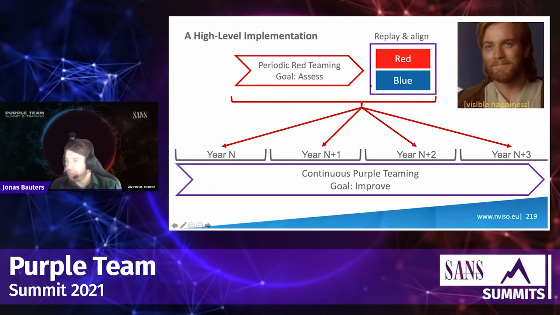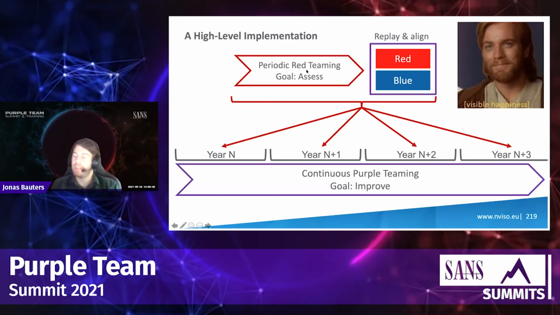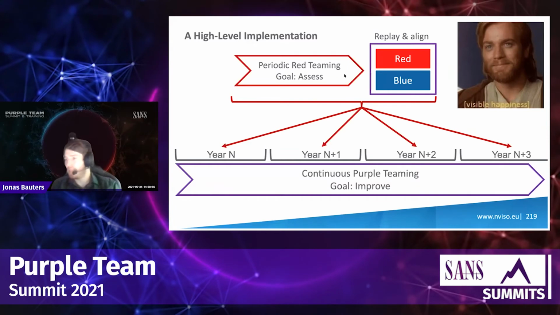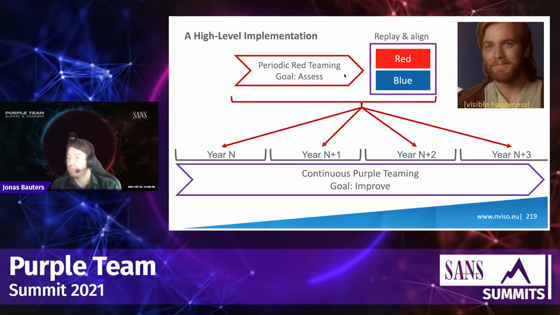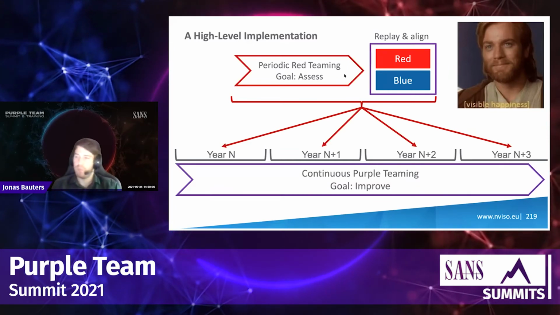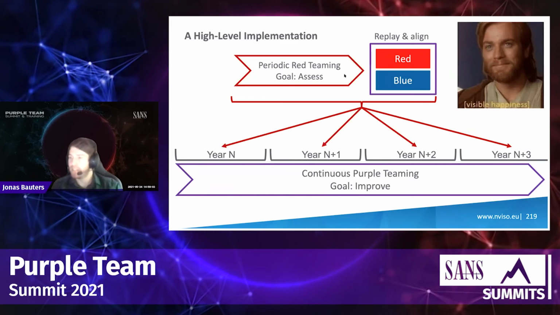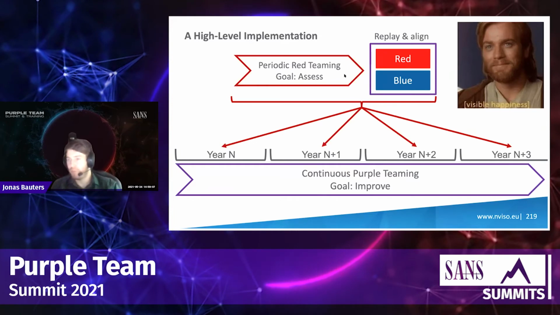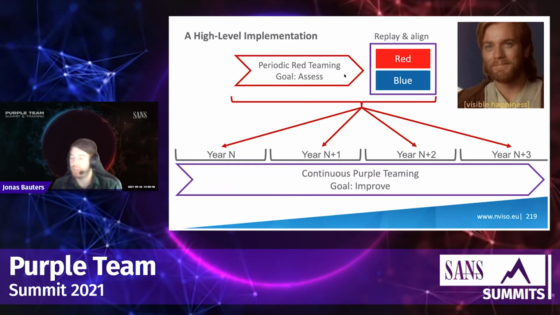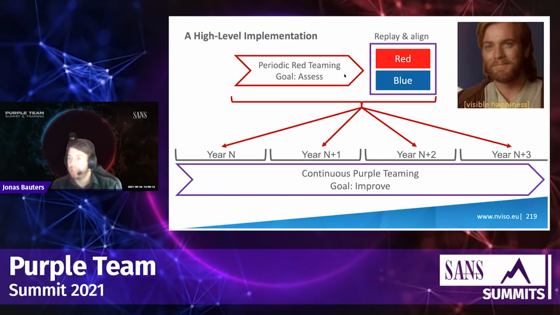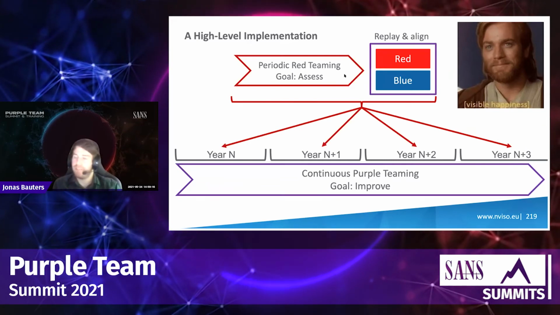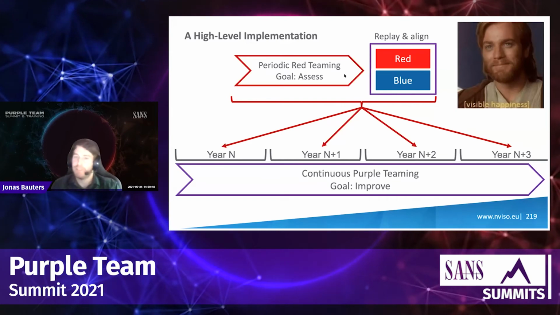what is important in our opinion is to have a replay slot or replay workshop in the end, where the red team is able or willing to discuss everything that they have performed with the blue team. So where they present a timeline of all of the techniques that they executed, with the details of where the technique was coming from, so the source, the destination. So everything that allows the blue team to start hunting for those techniques and to see if they have the necessary logs available for that.